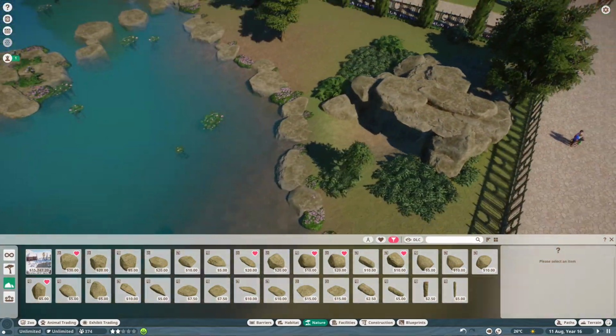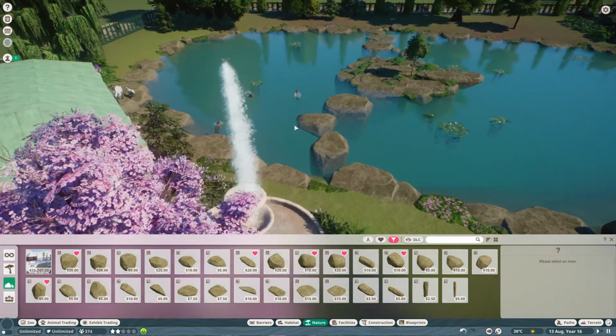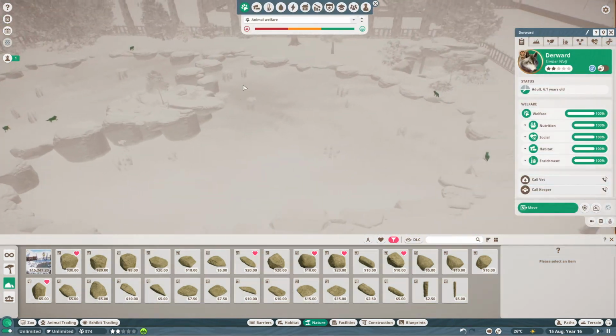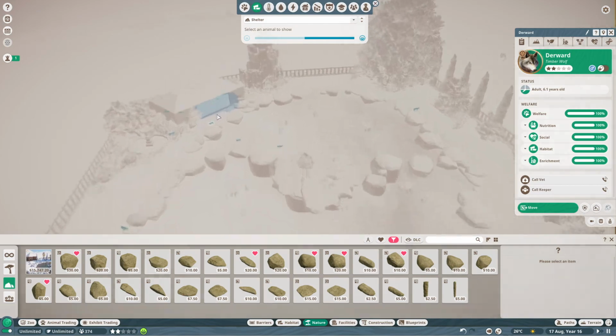I hope the wolves can't use it to jump out. Let me just check that, and let me see if they acknowledge it as shelter. Wolfies? Come here, one of my 50,000 wolfies. Habitat. Yes, they can get in there. Shelter? Yeah, okay. So we can remove...